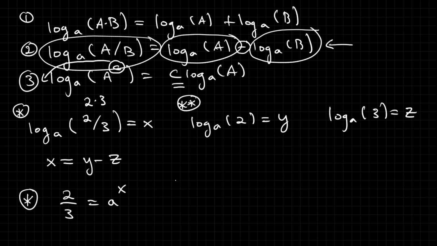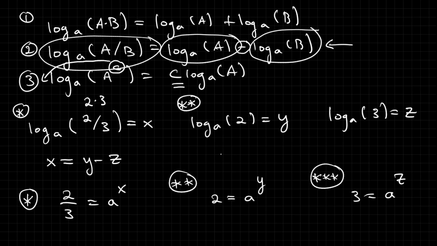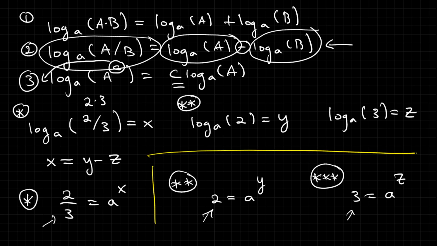For the second entry here, 2 is equal to a to the y. And for this third, we have 3 is equal to a to the z. All right, so now what I'm going to observe is I have 2/3 here, I have 2, and I have 3 here. That means if I take the second star and I divide it by the third star, I should get the first star. In other words, looking at these two here to the right, if I do the first one, 2 divided by 3,